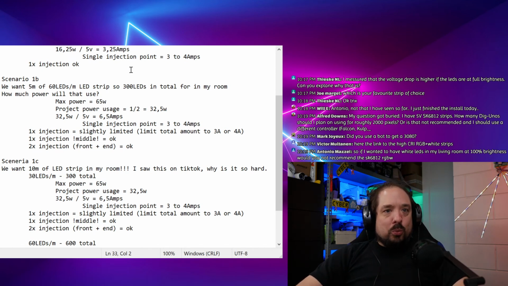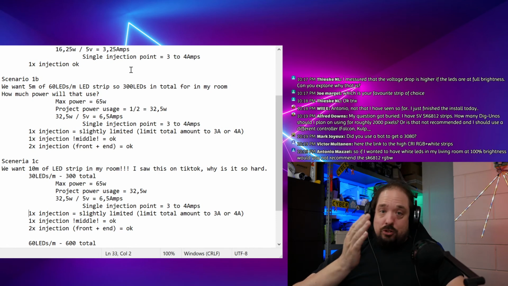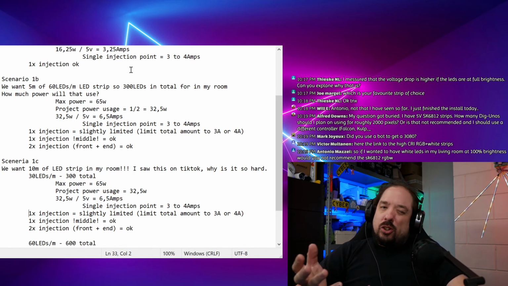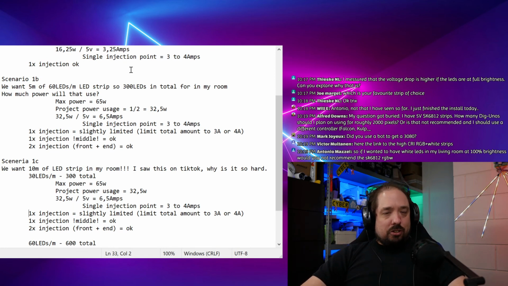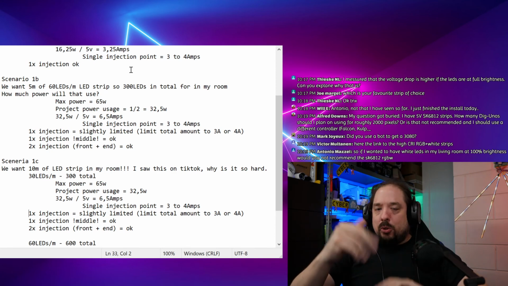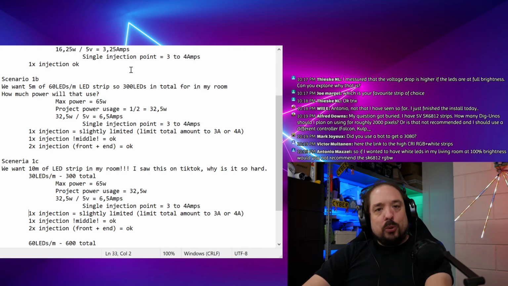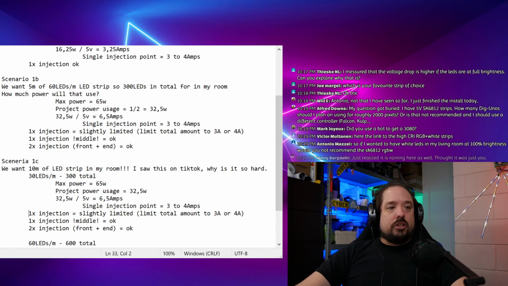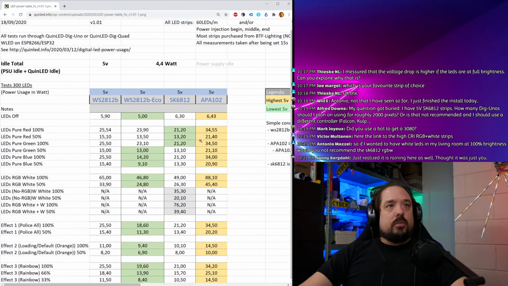So if I wanted to have white LEDs in my living room at 100% brightness, would you not recommend SK6812 RGBW? Yes, that's a very good point. If white is important for you, even though it's not the greatest white in the world, get SK6812 RGBW LED strip, because that white is a hell of a lot better than RGB white, as I call it, so red, green, and blue at the same time. Very good point. And the dedicated white channel also uses a lot less power than